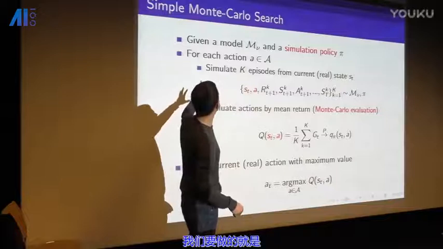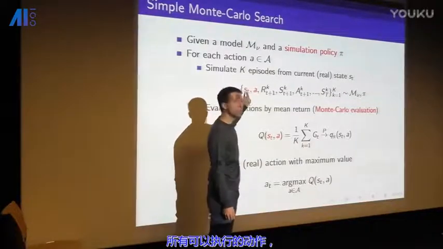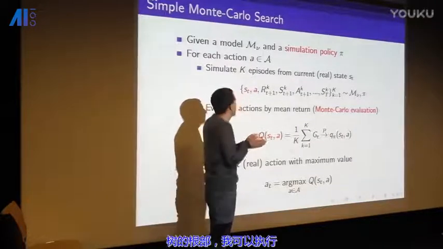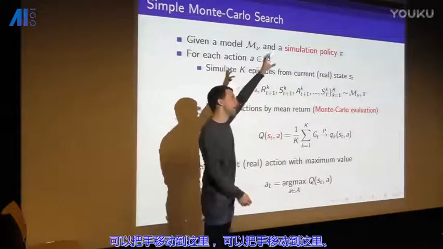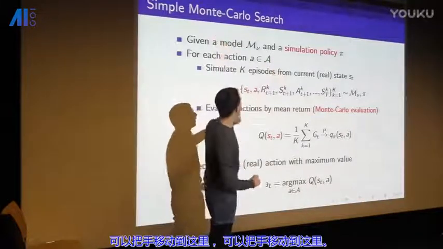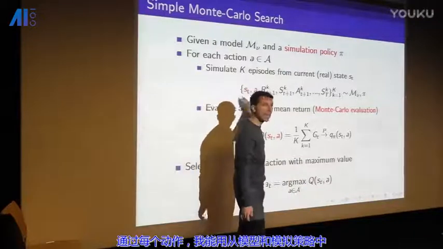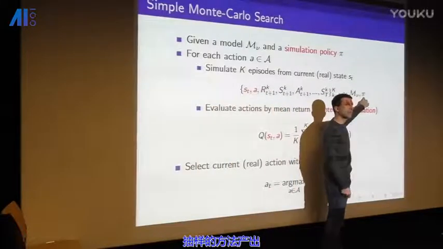And now what we're going to do is consider, from our root state, all the actions we could take from that root state. So we just consider the root of this tree. I could take action, I could go left or I could go right. I could move my hand here or I could move my hand here. And for each one, I'm going to generate big K episodes by sampling from our model and from the simulation